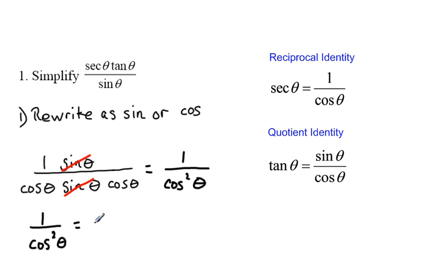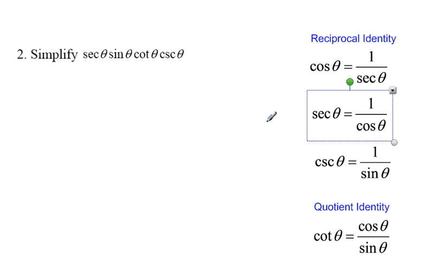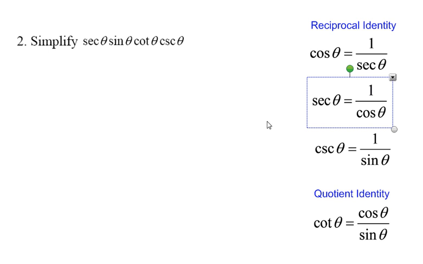theta will be equal to secant squared theta, and that is our final answer, as we cannot leave our answer in the form of a reciprocal, so in order to simplify it fully, we have to write it as secant squared theta. Okay. Next up, we have simplify secant theta, sine theta, cotangent theta, cosecant theta, and we'll be making